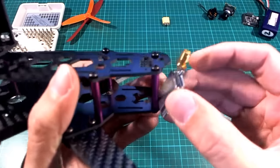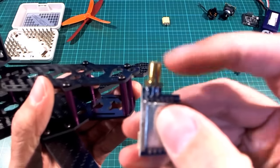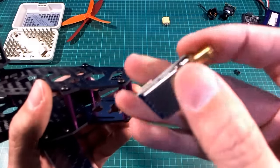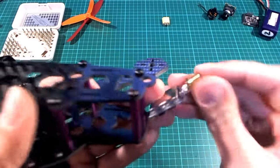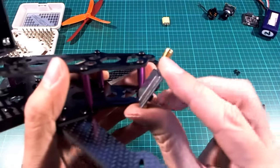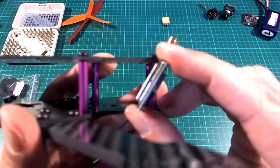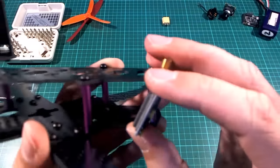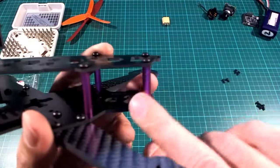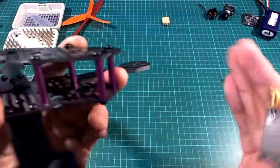So what I might try is unsolder this plug, bend the pins on it a bit, and then solder it back so that it would be at that angle. It would just fit in, and you'd be able to change your video channels at the back, and it would still be protected inside the frame so it wouldn't get directly hit into anything if it got an impact